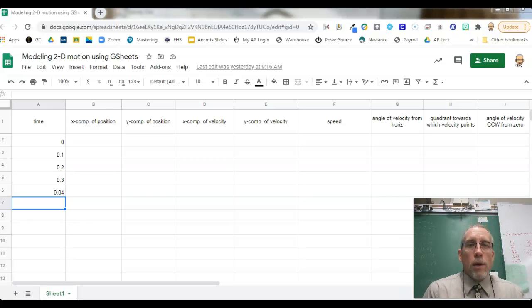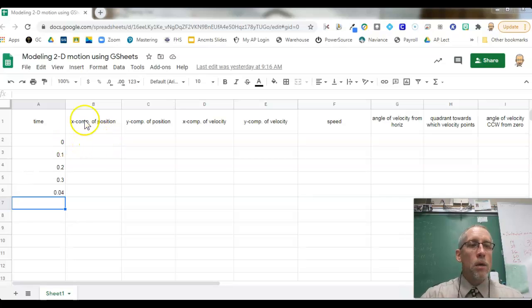So I'm going to try to demonstrate how we can use Google Sheets to do some repetitive calculations that you all did by hand for this two-dimensional lab. I gave you each a time, and you had to go through the drudgery of punching all that into a calculator and figuring out positions, velocities, angles, all of that. But Google Sheets automates all of this, so if you haven't done formulas in Google Sheets before, let me try to show you quickly. I don't want to do too much, but